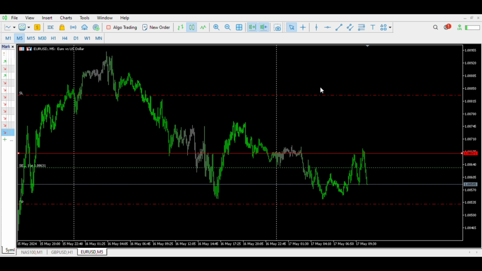He's happy to do that. Or you could risk a 3 to 1, and he showed the numbers to support it. Even though you're risking more, and when you win you win less, because you're only winning 10 pips and you're risking 30 pips or 40 pips or even 20 pips, your success rate of winning is going to be higher because